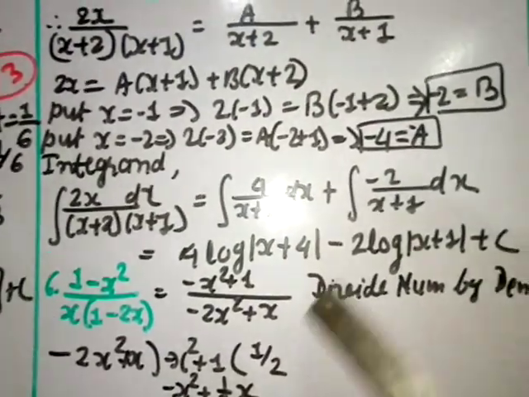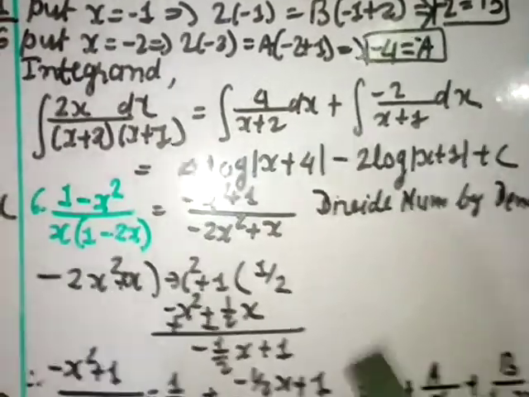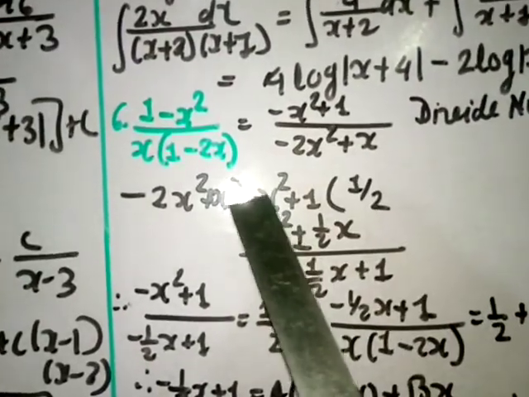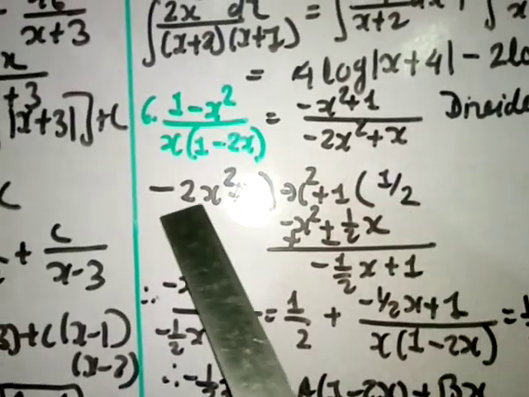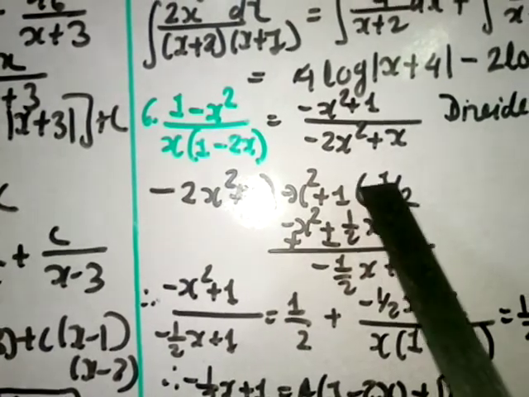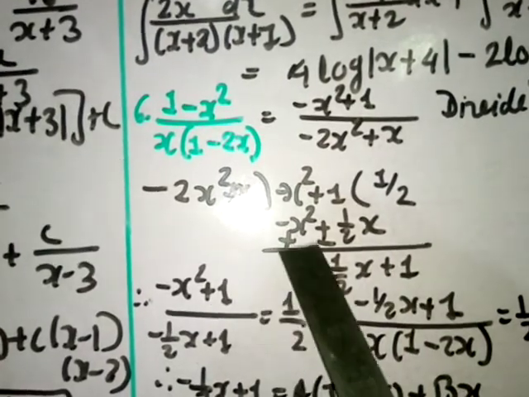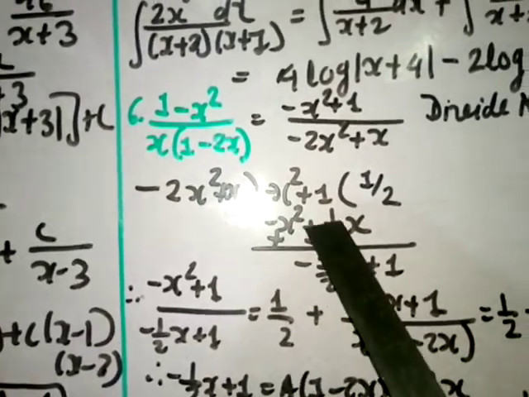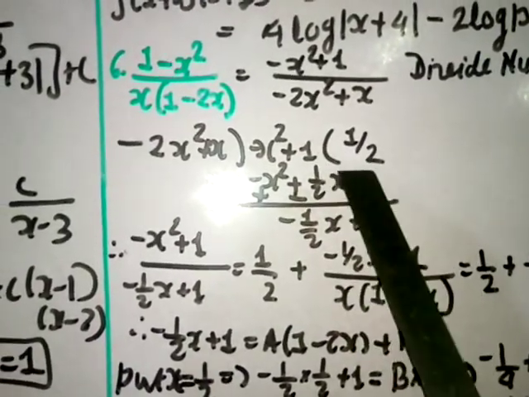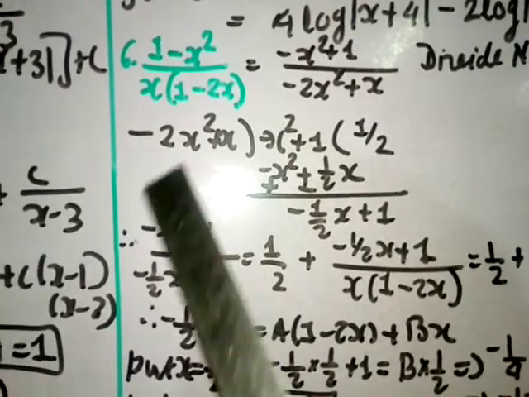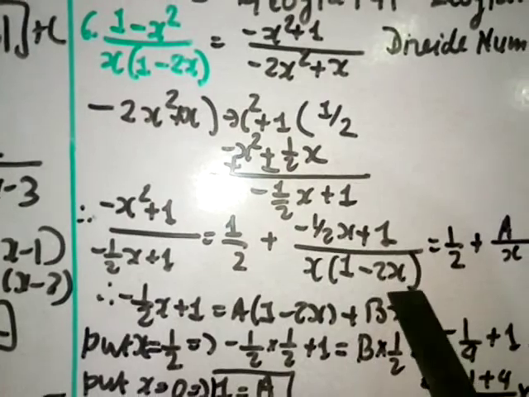We saw in the introduction that if it is improper, first you have to divide and convert into proper. So divide numerator by denominator. So I am dividing here. So this one is x minus x square plus 1 divided by minus 2x square plus x. First I will take half. So 2 minus 2x square into half gives you minus x square plus 1 by 2 into x. Multiply these two, change the sign, so this will cut. Here you get minus 1 by 2 x, here plus 1. So now this is a proper function. This is the quotient, this is the remainder, and this is the divisor. So we write it as 1 by 2 plus the remainder divided by the divisor.